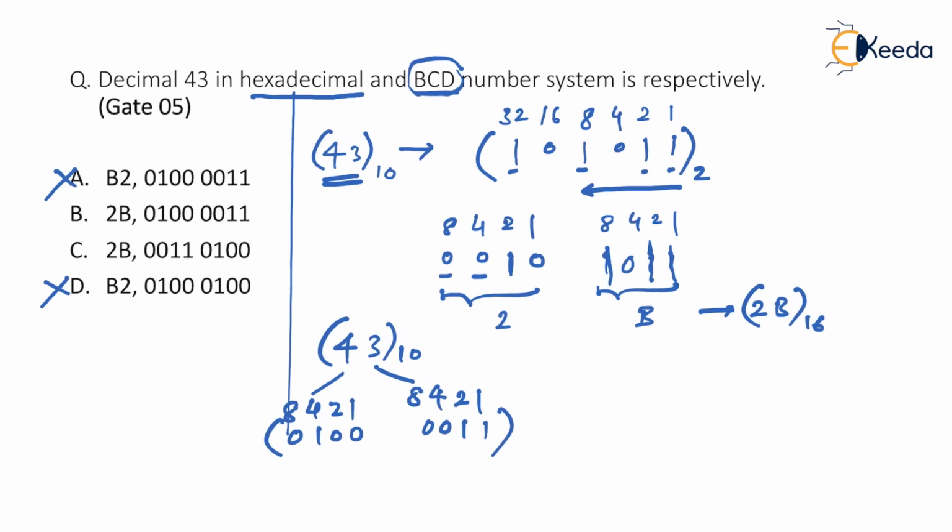Then the resulting number, please don't get confused, this is not binary, this is what we call a BCD number representation. Please understand that below every decimal digit just write 8421 and convert it into binary. It definitely gives you the BCD number. Now if you look at the options, option B is the correct option because the other is a wrong representation. This cannot be a representation of 43 to the base 10. So let's move to the next question now.